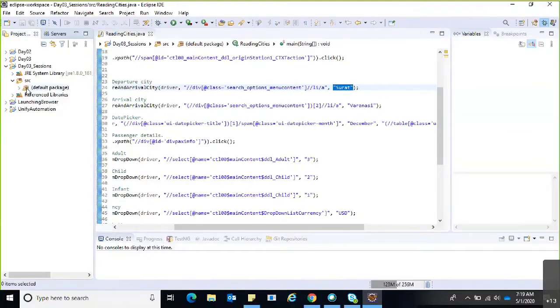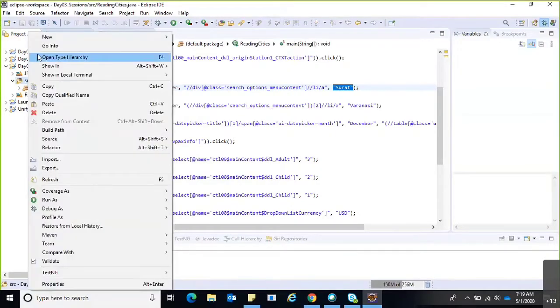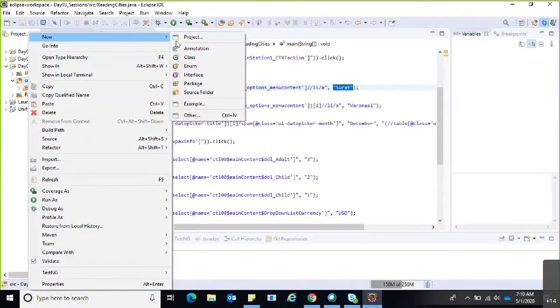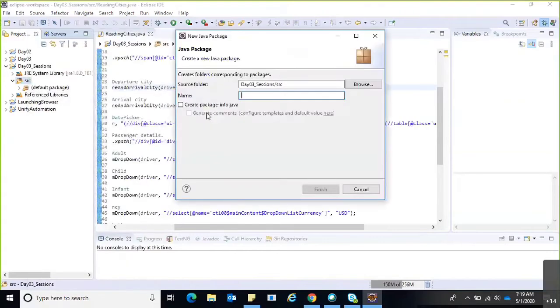For that, I'm going to create a new package here. Right click, go to New and Package. I will name it resources.